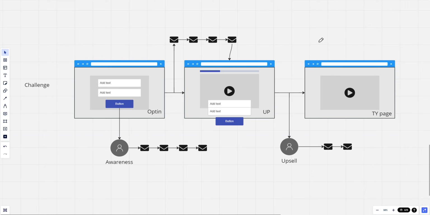So it's really up to where you are right now. If you are getting started, you have no audience, right? You have like a couple dozen people. Then you just start with a free challenge. Start with a free challenge, really push people to be present, to join, to engage.